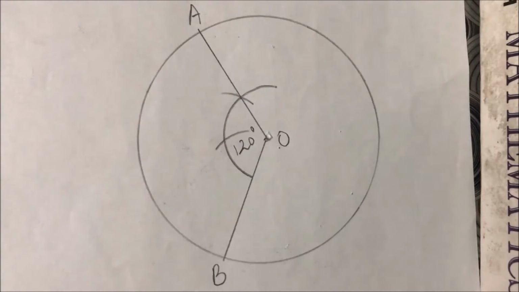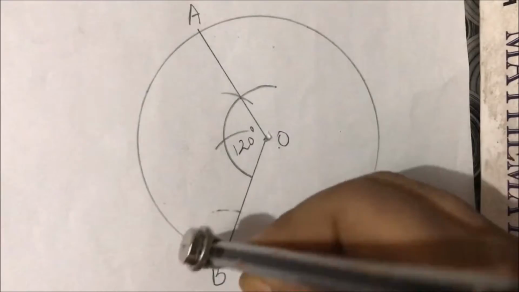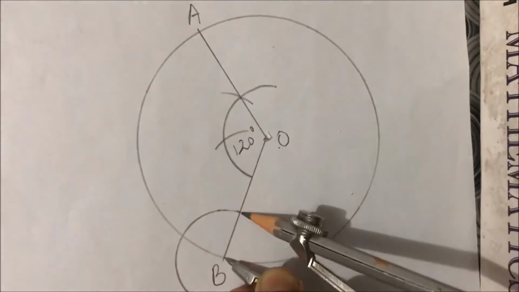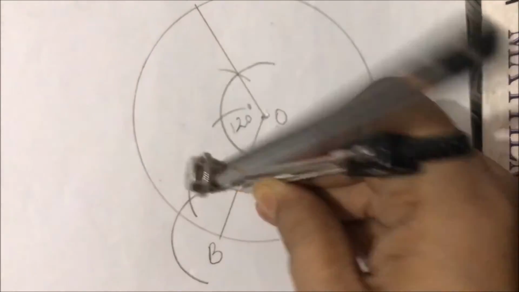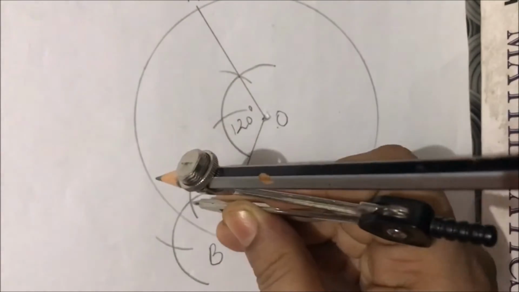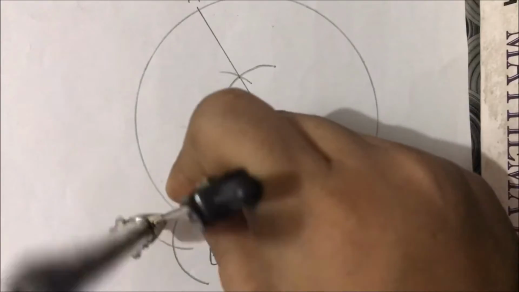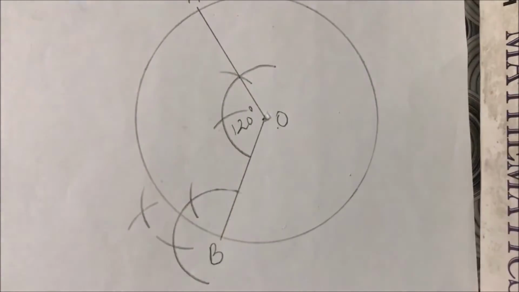Then with A as center, draw an angle of 90 degree and B as center, draw an angle of 90 degree. See, with B as center, draw an angle of 90 degree like this. First you draw an arc like this, right? With this as center, 60 degree arc, with this as center, 120 degree. Then again with this 60 degree arc, draw an arc like this, and with 120, draw an arc like this. Right,